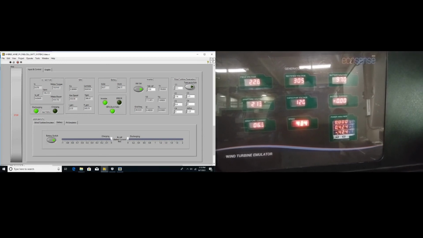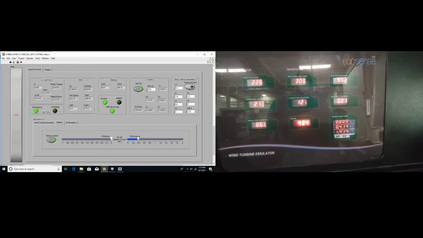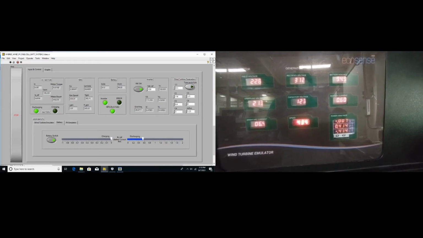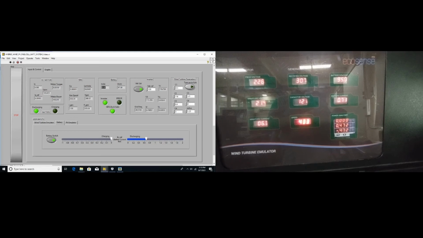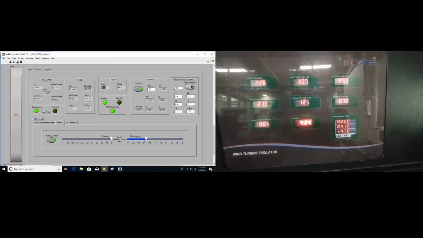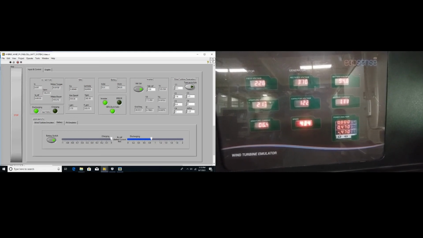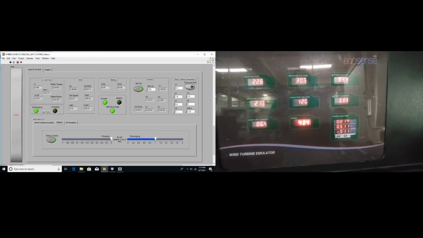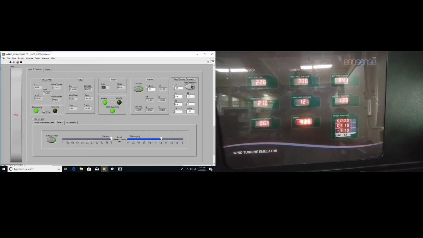Now let's come to the battery section. To switch on the battery, we can switch on the battery using the battery switch, and we can give the reference for extracting power to the battery and extracting power towards the grid from the battery. So when we are giving a discharging reference, which means battery is transferring power towards the grid, we can see the power at power analyzer is rising.